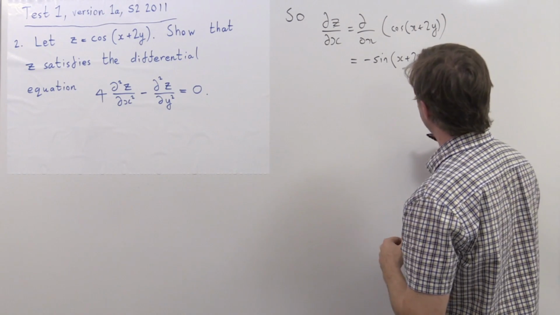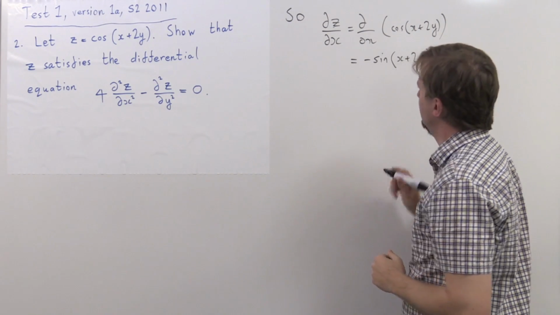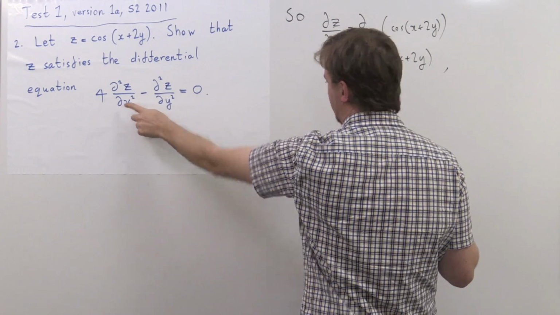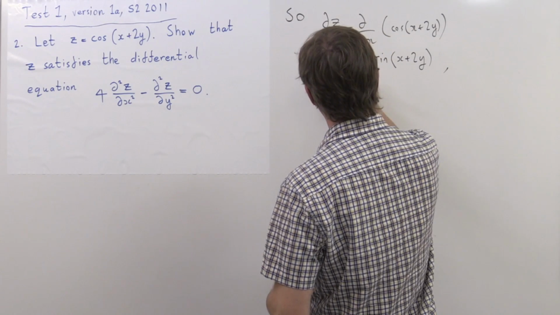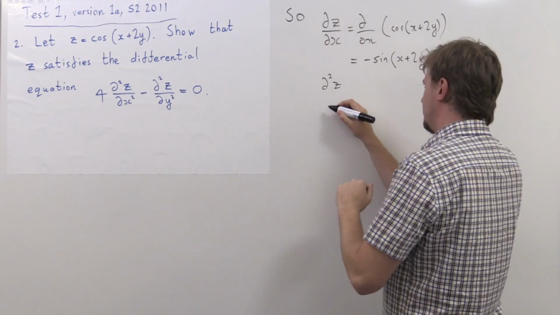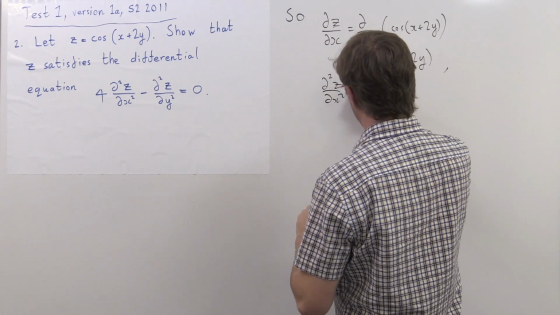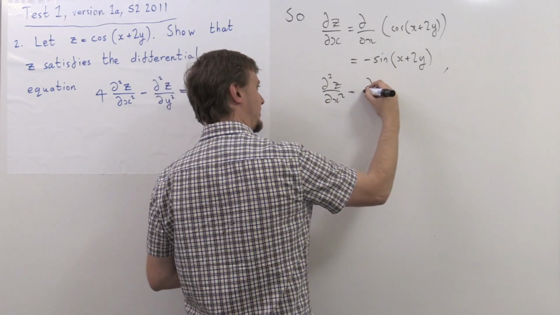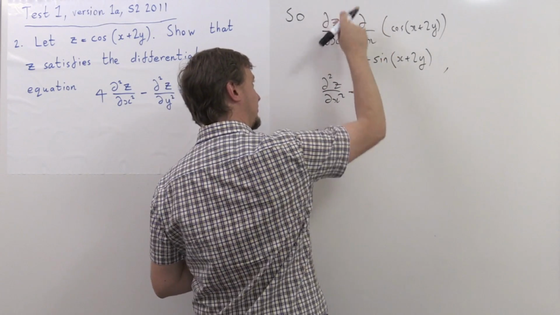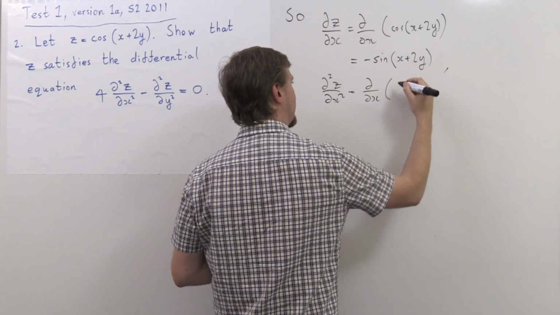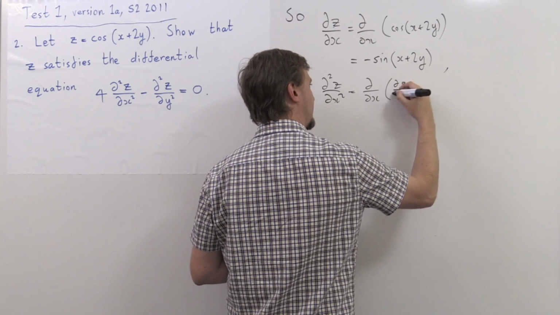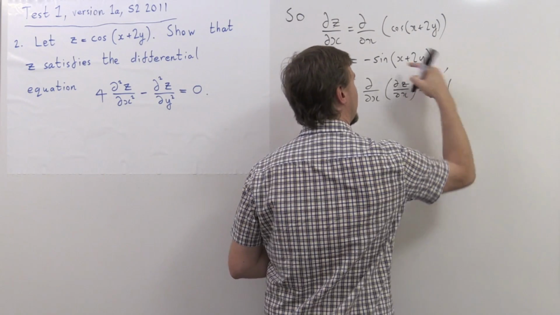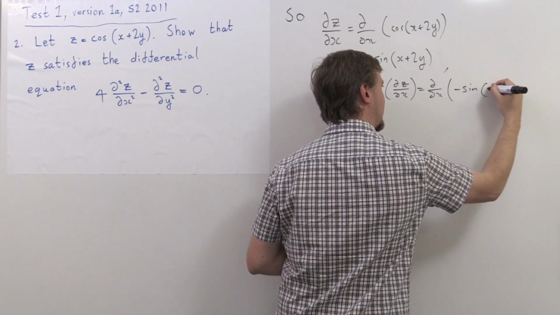So I don't really need to write that down. And actually, let's just go and calculate straight away what this second partial derivative is. So ∂²z/∂x² is equal to the partial derivative of this term. So it's the partial derivative of the first partial derivative, which is minus sin(x